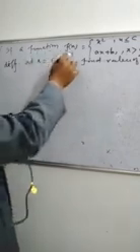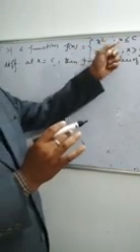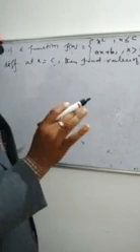If a function f of x is equal to x square when x is less than or equal to c, and ax plus b when x is greater than c, is differentiable at c, then find the value of a and b. In this case, at c we consider the LHD function x square and the RHD function, x greater than c, equal to ax plus b. It is given that it is differentiable. We do not have to prove here whether it is differentiable or not.